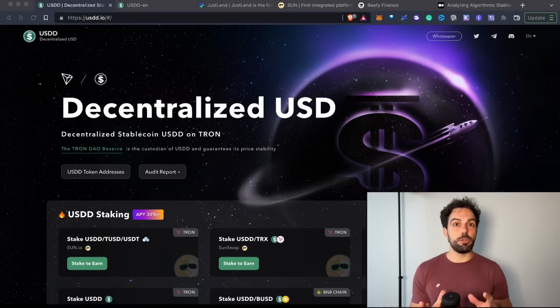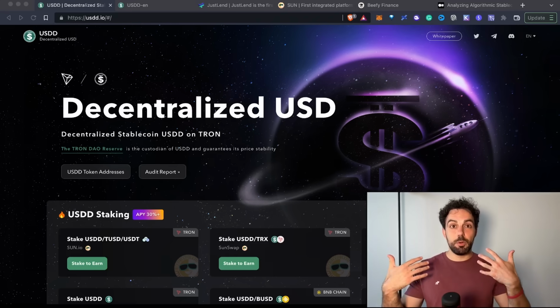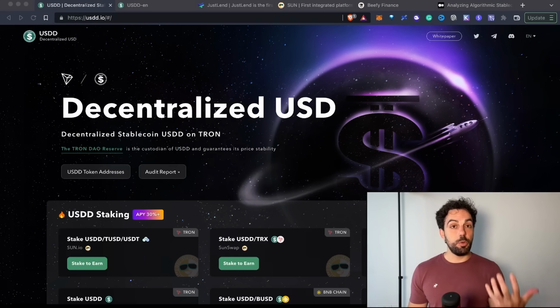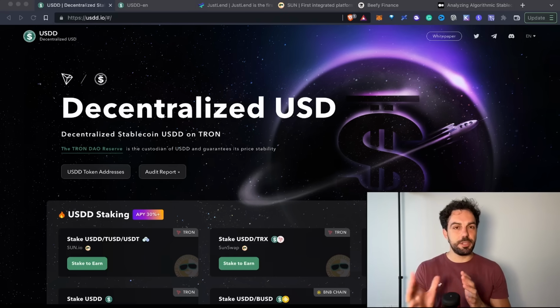Today we'll talk about USDD and we'll try to understand, is it another USD? It is completely insane to use USDD right now after what just happened to USD. We'll try to understand what the differences are, if these different stablecoins are at the end of the story the same thing, and also if the risk opportunity is worth it to use the stablecoin or not.